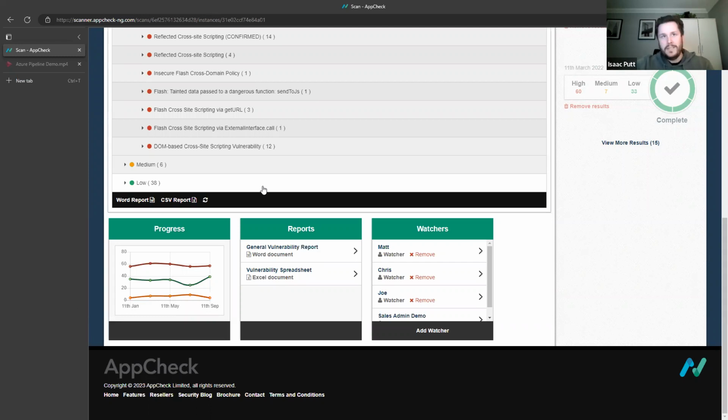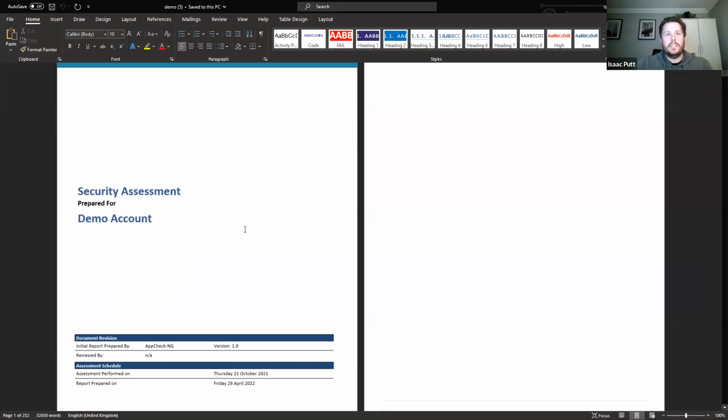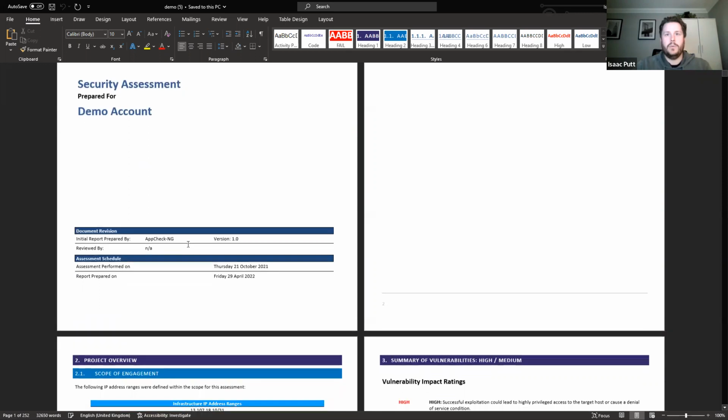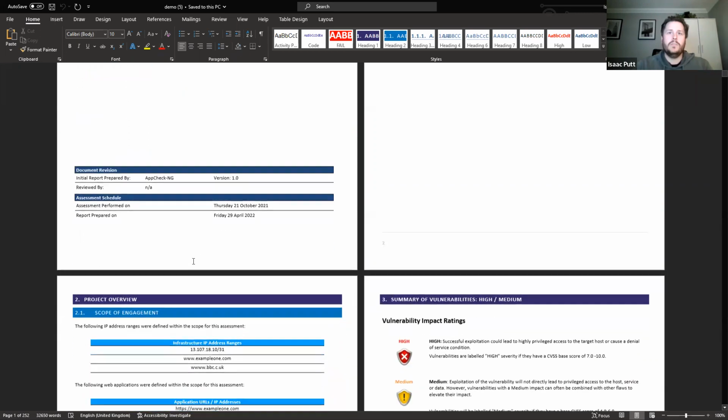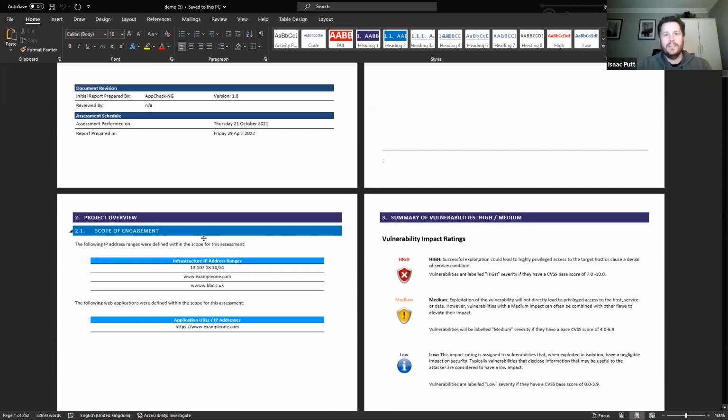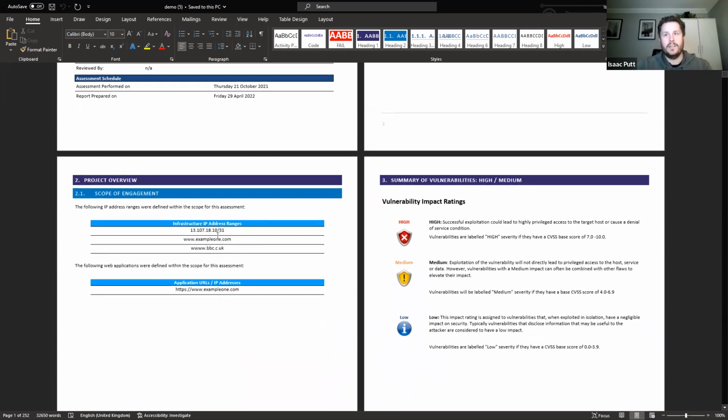And after all of this, we get to the stage where we're at the reporting aspects of it, and you can take a Word report out, or you can take a CSV report out here. You can filter based on the nature of what you want to present, but with a one-click exercise, you'll be presented with a report like this. Anytime you do a test, anytime you need to create one of these reports, you can do so. It tells you when the test was completed, when the report was prepared. You can rebrand and re-look at this and do what's necessary to chop and change it.